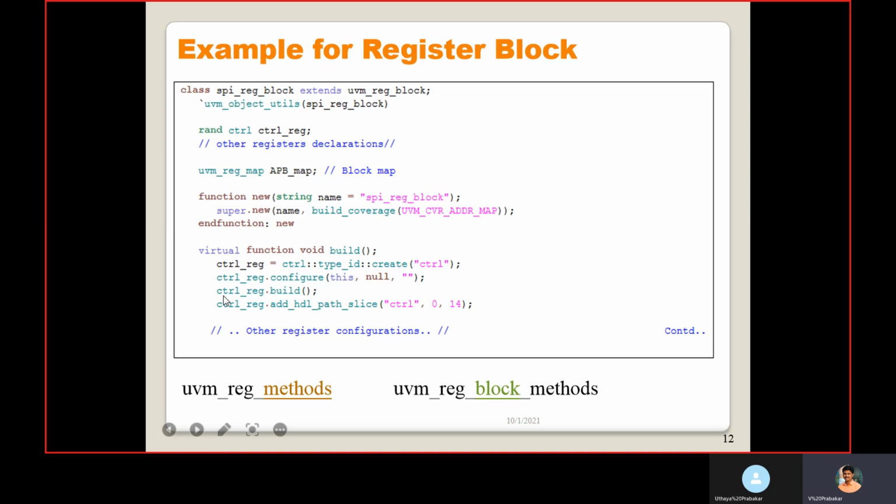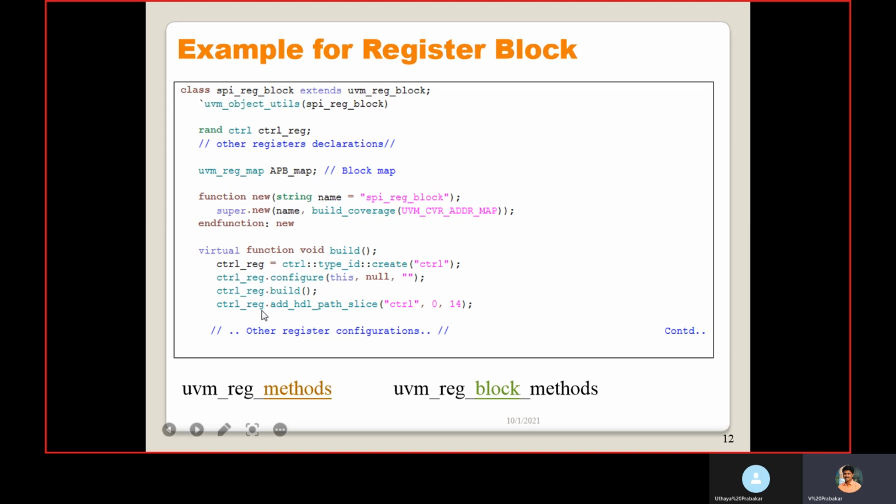After that, control reg dot build. This is the build method we used in the control register class. Inside the build method, we are creating the object and we configure each field. After configuring the register, we call that field, so automatically each field will be created and those fields are configured.